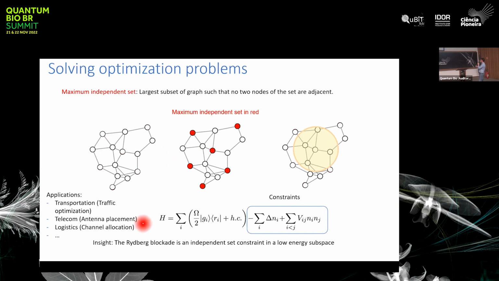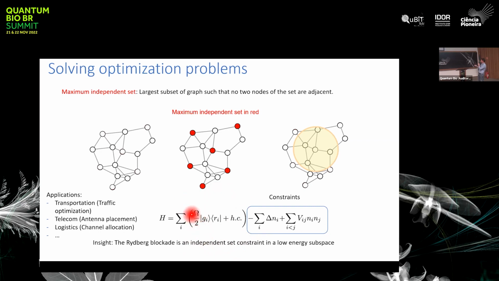Now, the cost function to minimize in order to find the so-called maximum independent set is just a purely classical problem. It's just a purely classical Ising problem that basically contains, as you can see, two different terms. The first one is a repulsive term that is essentially a van der Waals interaction between different Rydberg atoms. And the second term here is the energy mismatch between the ground and the excited states, the so-called laser detuning. And by switching on and off for different time intervals this quantum term,